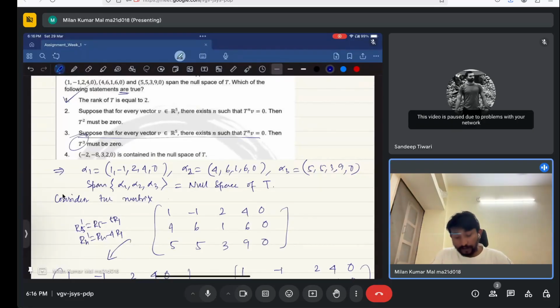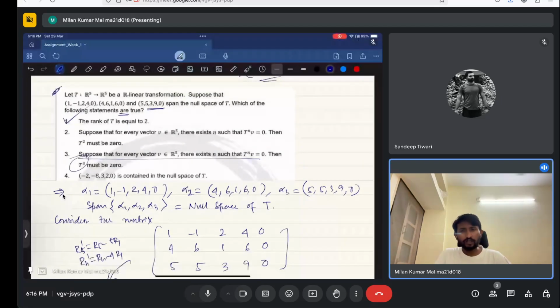Now, second option. It says that suppose that for every vector v there exists n such that T to the power n v equals 0, then T square must be 0. What we have seen is that these three vectors will be there as a, what is called,